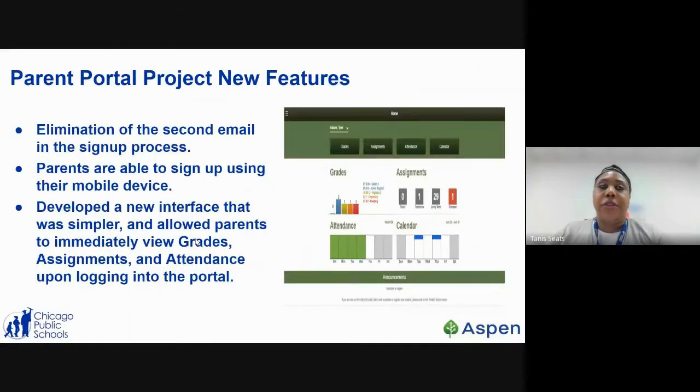Some features that we have: we eliminated the second email in the sign-up process. Parents had to sign up two ways. First from the school, then they received another email. It was just too much. Parents are also able to sign up using their mobile devices. So you're able to do this on your cell phone. At the school, it's less than 5 minutes and you're able to create your